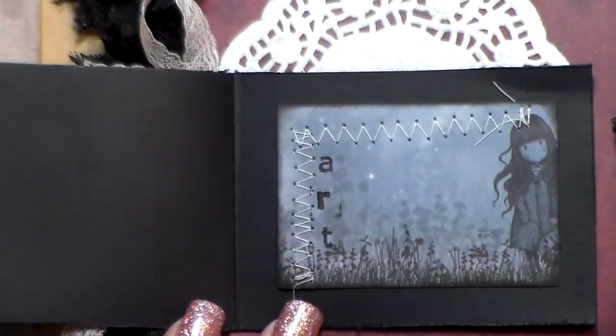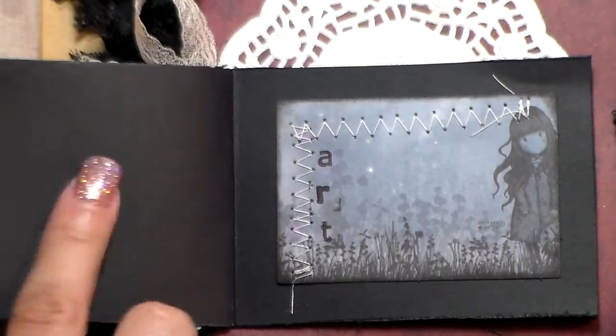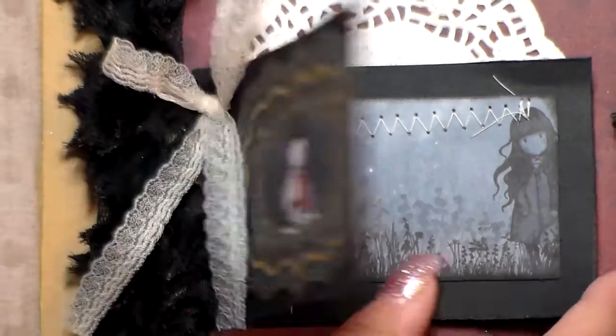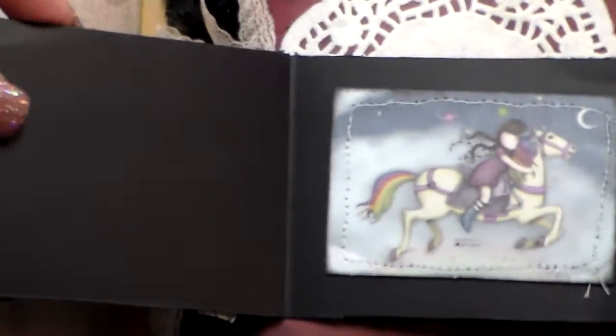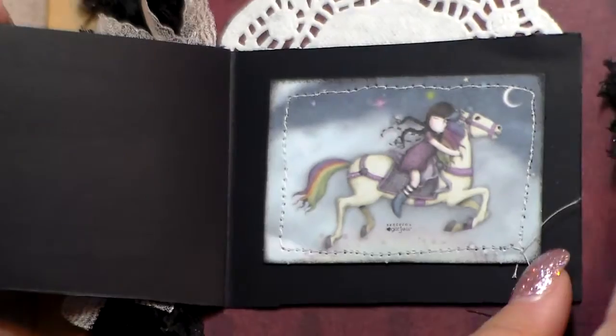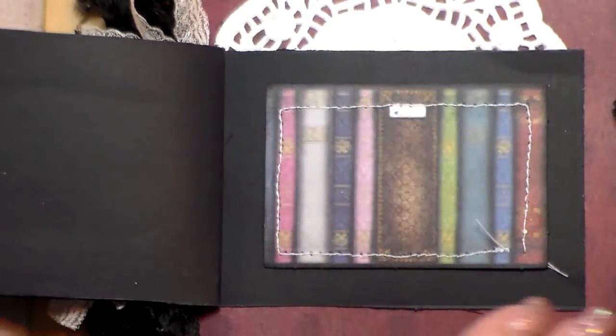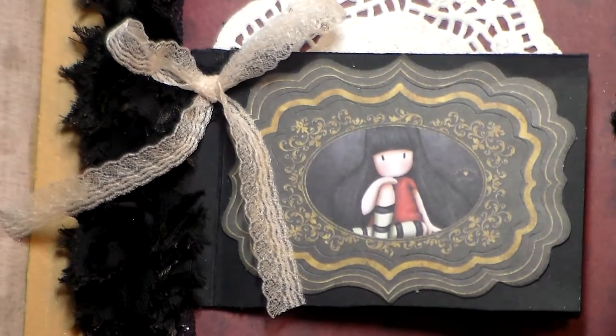Okay, so here's the front, and then I just have this tag that I stitched, and it says art, and then this is empty for some journaling. And then here's the next page. I stitched around it also. And then the final page. So that's the little mini book, and I love how it turned out. And then the pocket,